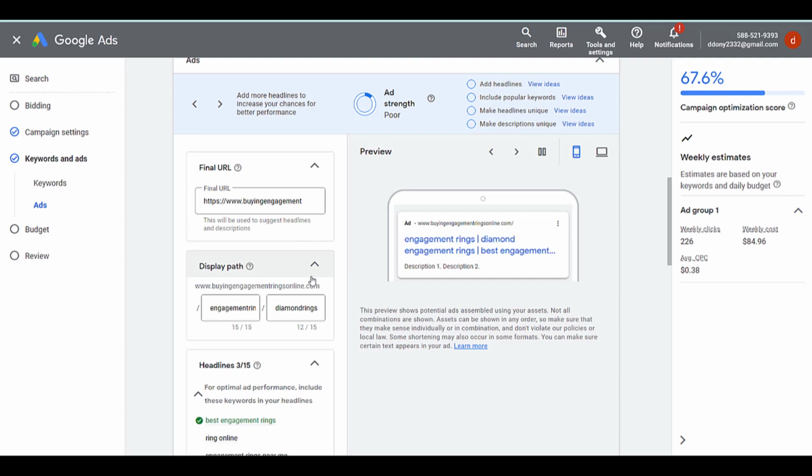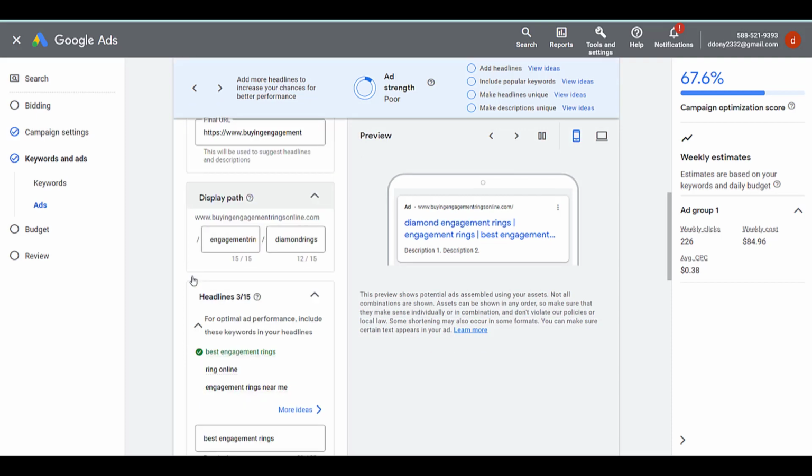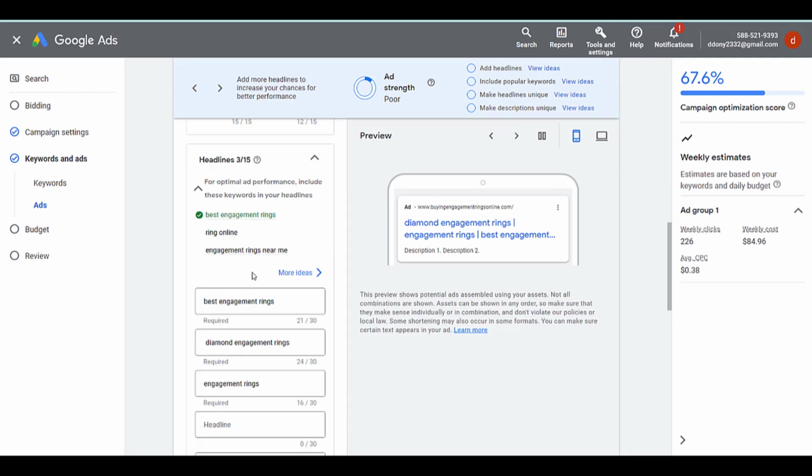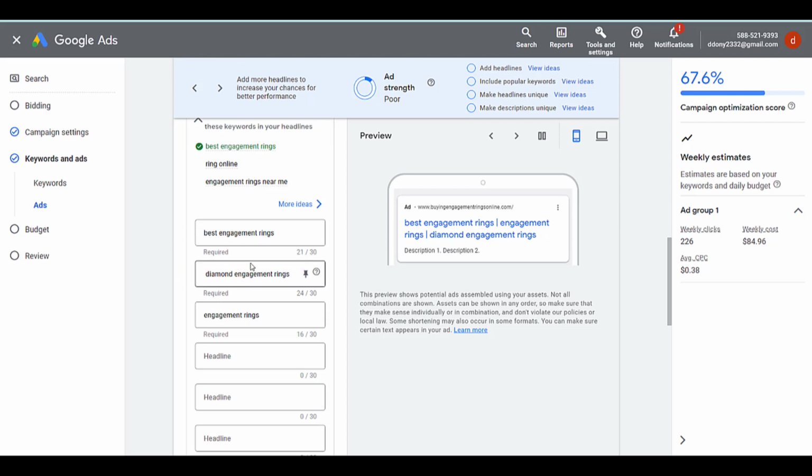Okay, describe your ads description. This is where you can provide more detail on your offering and highlight the benefits of your engagement ring online service. Just like the headline, you want to make sure that your description reflects the keyword engagement ring online as closely as possible.